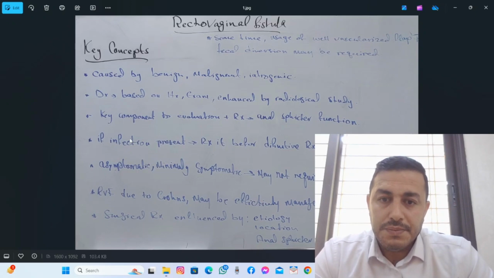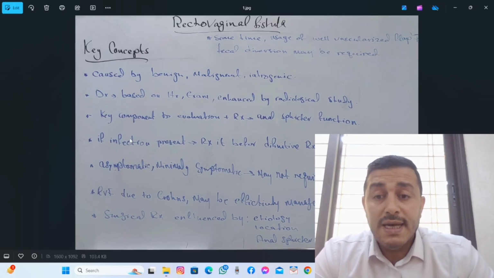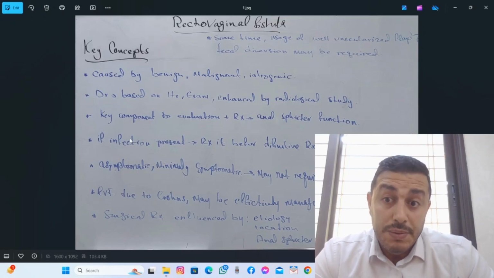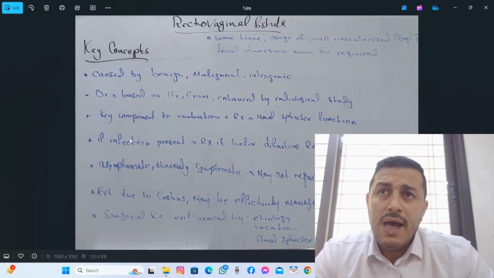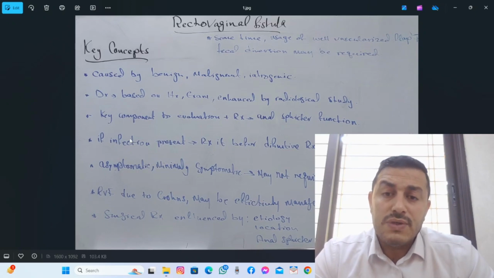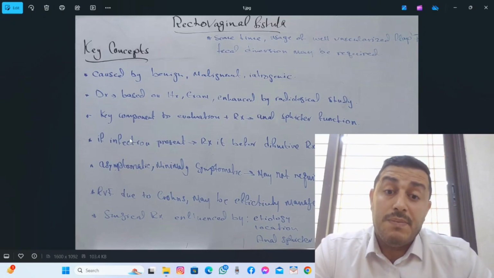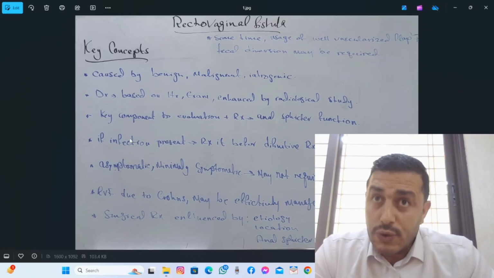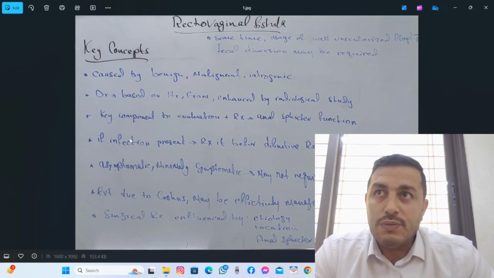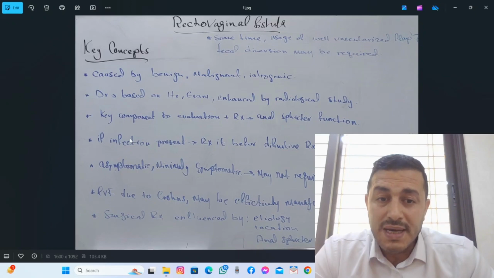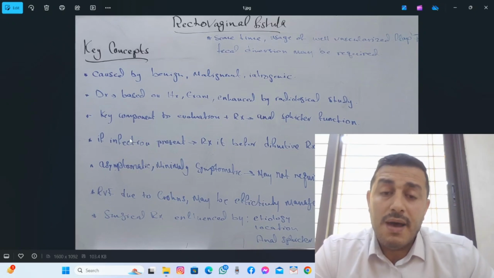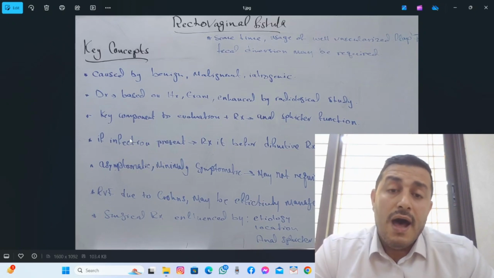for the treatment. Also, we will see that infection, if present, should be treated first, and we already discussed these principles when we talked about the urethral fistula and any fistula, even simple perianal fistulas. If infection is present, it should be treated first, I mean before the definitive treatment. We will notice also that asymptomatic or minimally symptomatic fistulas may not require treatment, same as the other types of